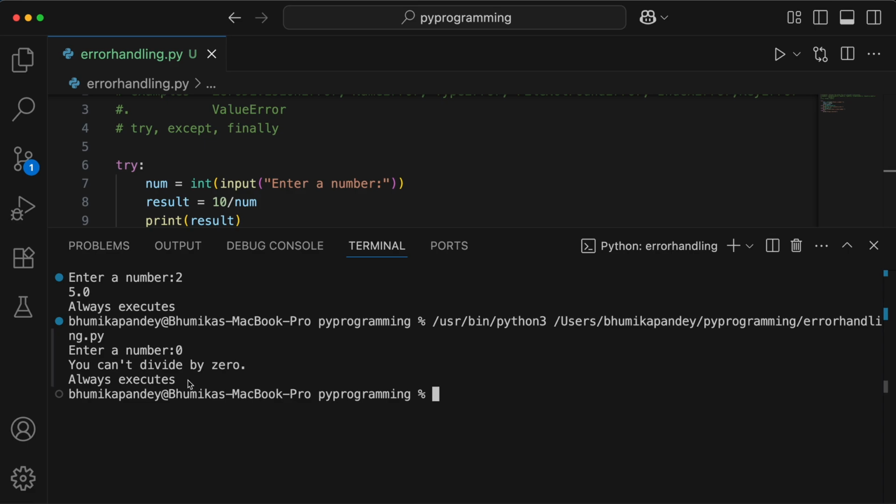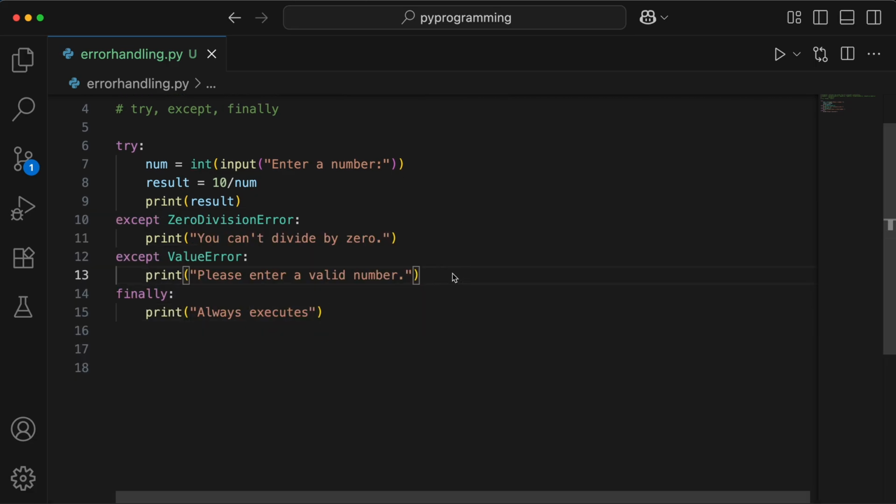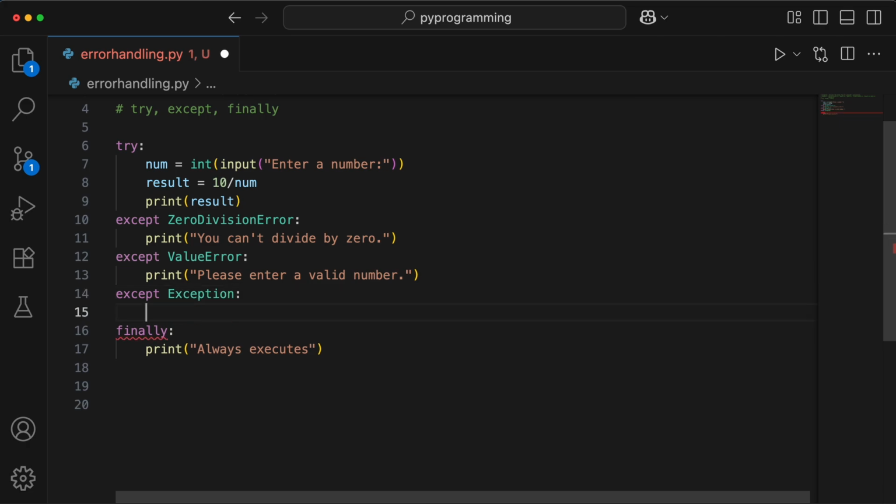So this is great for cleanup tasks, like let's say if you are closing files or logging out a user, you can include such activities in the finally block, as it can run with both valid and invalid input. And let's say if you want to catch all the exceptions, you can add another except block, and you can just define Exception. But this is not one of the best practices, because the user will never get to know about the exact error. So it is always better to include the specific error and the respective message.